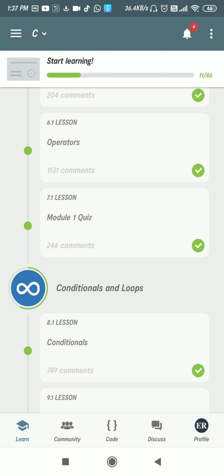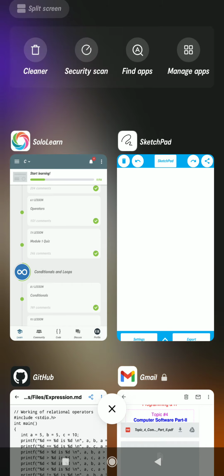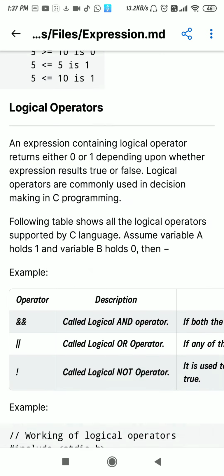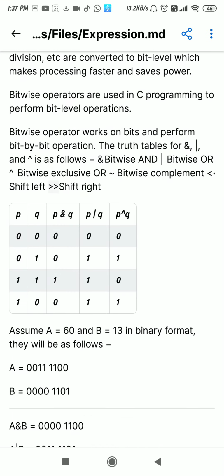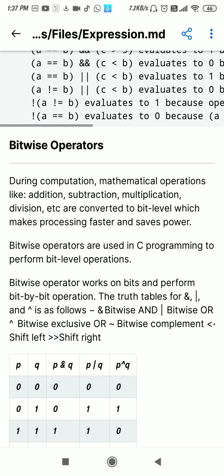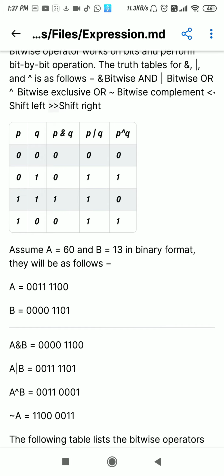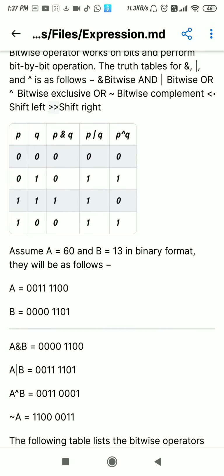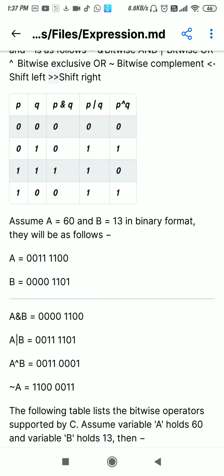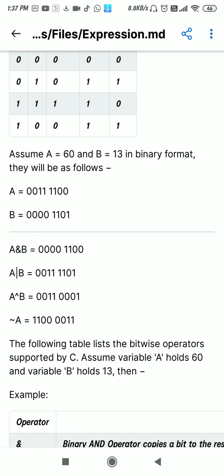So what exactly does the bitwise operator do? Bitwise means, see here, bit means a single operator which is gates. Suppose I have a which is 60.